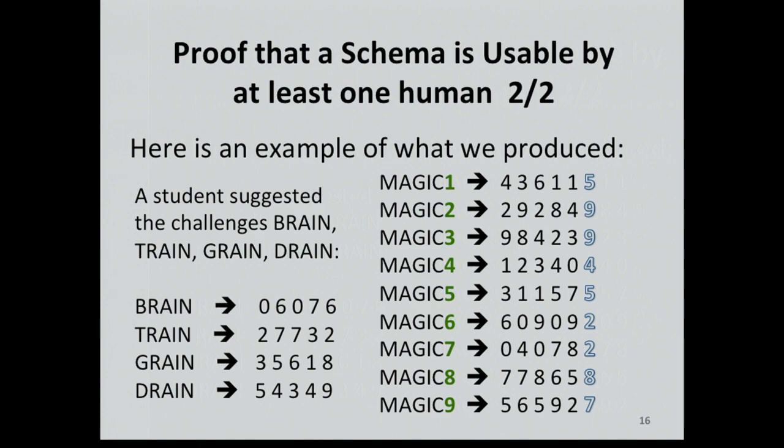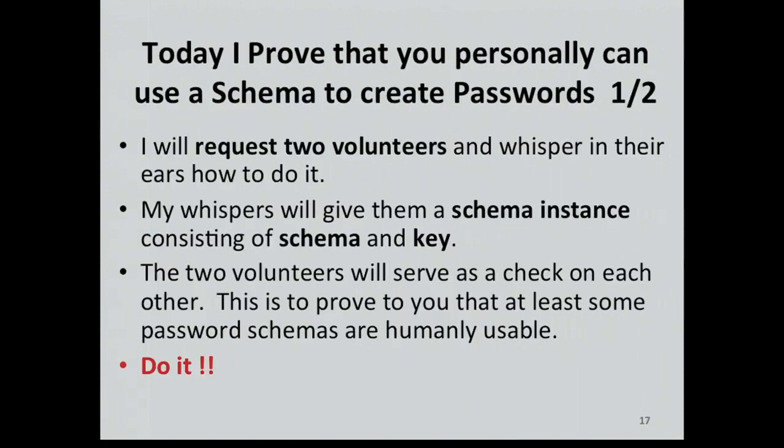See, he's trying to figure out what I'm doing. And then somebody else gave me magic, and so what I did is I actually gave him the response to magic 1, magic 2, magic 3, magic 4, etc. This is useful. Like if you need to change your password, you just change the digit at the end. Do you see anything that's going on here? I'll give you a chance to. This is going to be an IQ test. I'm going to put this back up and ask you to figure out what's going on.